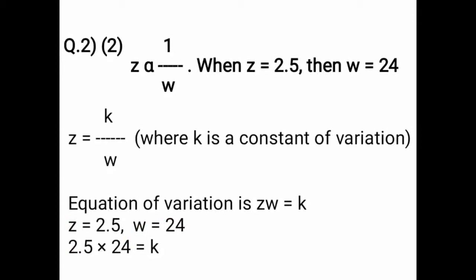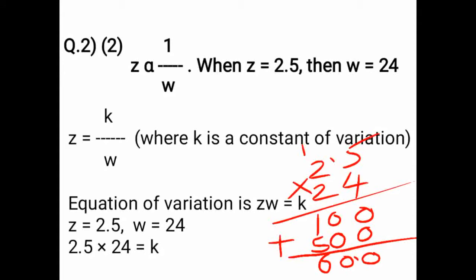When you are using the formula of the constant of variation in inverse variation, you always have to multiply. The equation of variation which you wrote here, in this way you have tried. You have to multiply this now. 2.5 into 24. I have multiplied here 2.5 into 24. I am getting the answer 60. I have put one digit before the decimal point, because in 2.5 one decimal place is there. One digit from the right gets the decimal point.